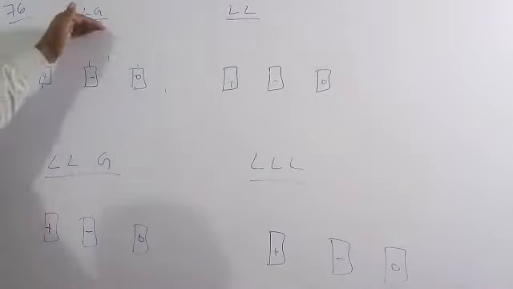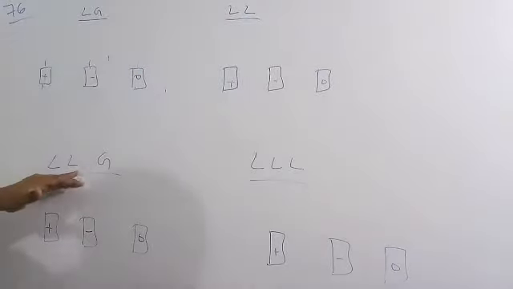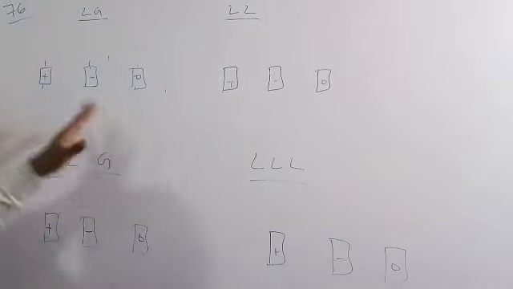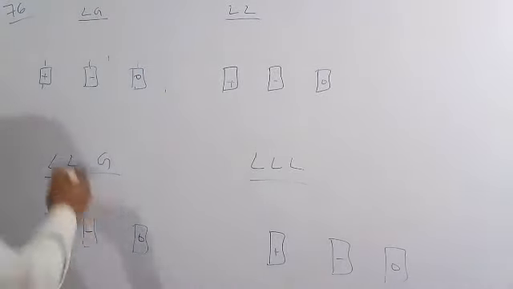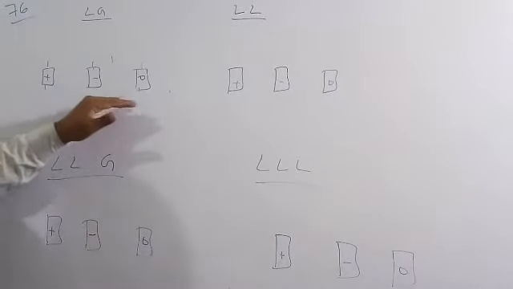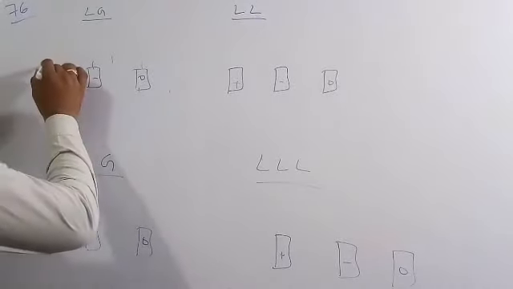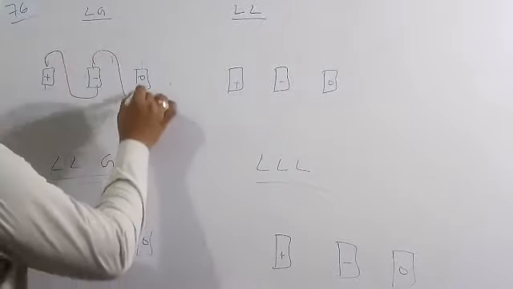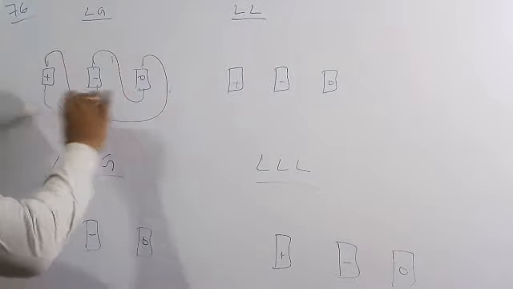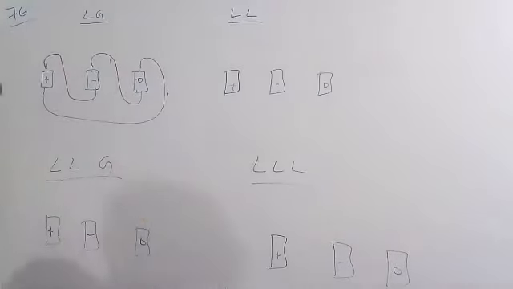The faults are LG fault, LL fault, LLG fault and the triple L fault. For the LG fault, this is the positive sequence circuit, negative sequence and the zero sequence. Solidly grounded means the fault impedance has to be 0. So for the LG fault, all these are connected in a series fashion. In this one, all the 3 sequences are present.